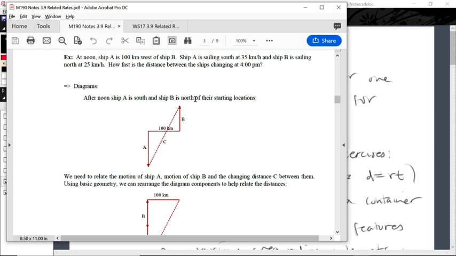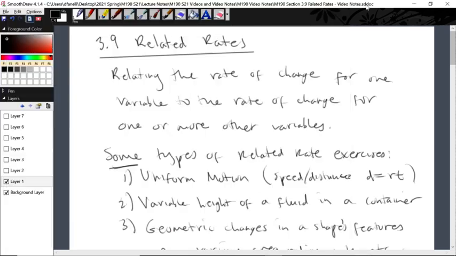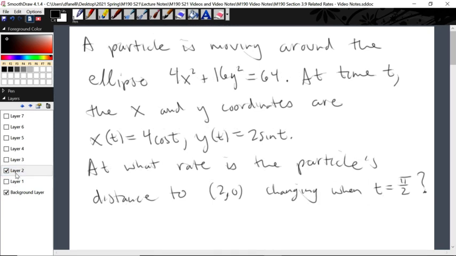Before we move on to this distance example, let's take a look at another example here on the whiteboard. A particle is moving around the ellipse 4x squared plus 16y squared is equal to 64. At time t, the x and y coordinates are x of t equals 4 cosine t, y of t is equal to 2 sine t. These are parametric equations,